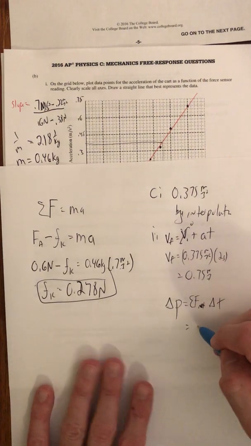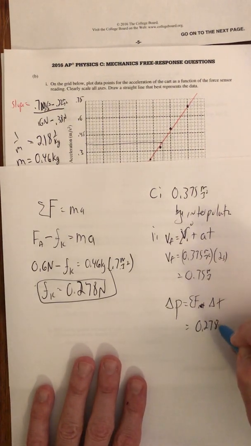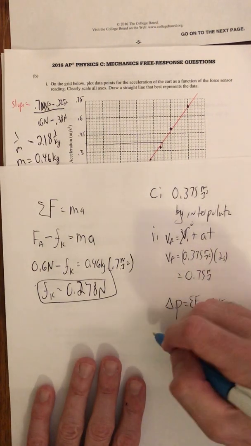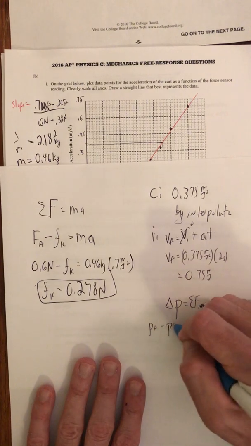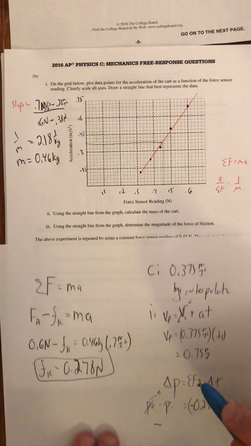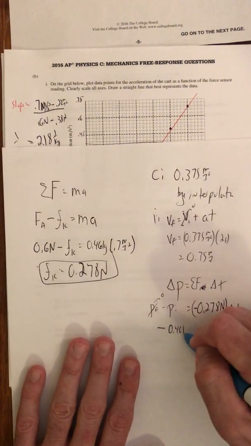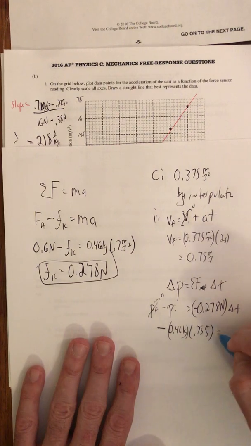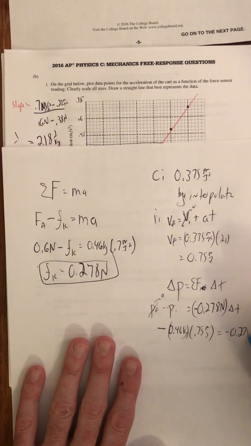Now I know the frictional force here is 0.278 newtons. It is negative. I'm looking for what this delta T is. And so delta P is PF minus PI. We know it's going to come to rest, that's the whole point. So, negative, we know the mass of this thing is 0.46 kilograms. We just found out this is moving 0.75 meters per second, is equal to negative 0.278